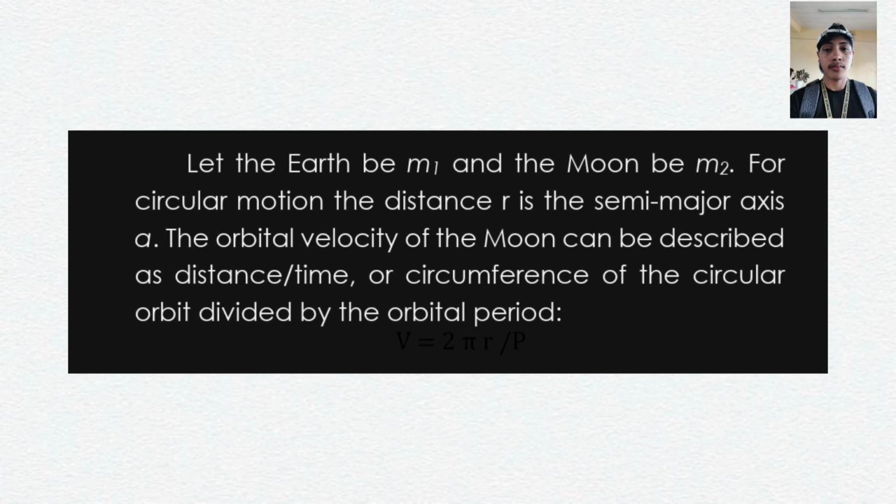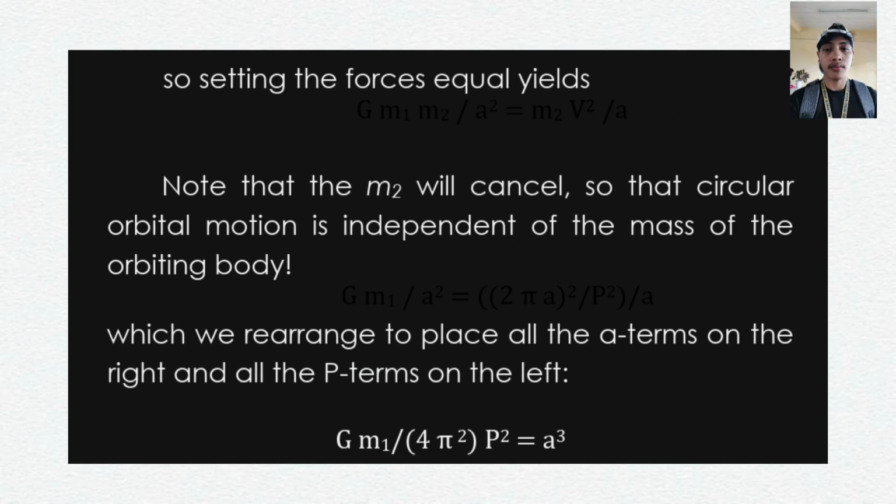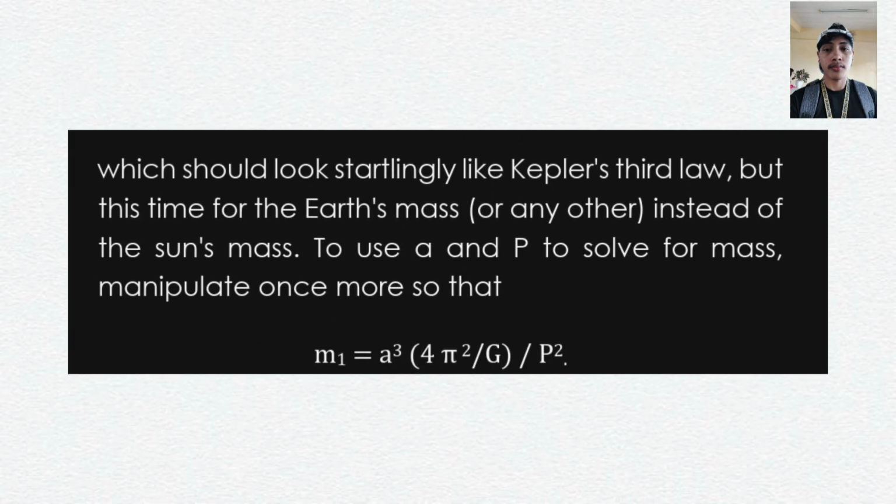Let the Earth be m1, and the Moon be m2. For circular motion, the distance r is the semi-major axis a. The orbital velocity of the Moon can be described as distance over time, or the circumference of the circular orbit divided by the orbital period. So setting the forces equal yields, note that the m2 will cancel, so that circular orbital motion is independent of the mass of the orbiting body, which we rearrange to place all the a terms on the right and all the P terms on the left, which should look startlingly like Kepler's third law, but this time for the Earth's mass or any other instead of the Sun's mass. To use it to solve for mass, manipulate once more so that